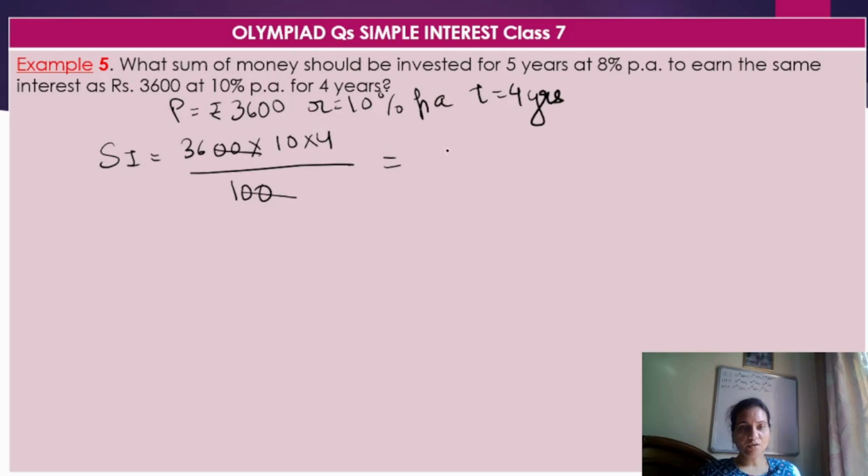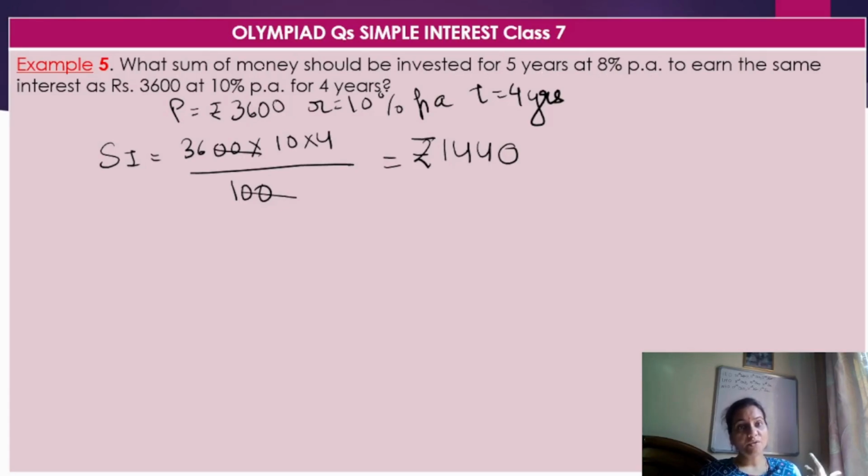36 into 4 will be 144, and this 0 and one is into 10, so I'll add the 0 here. So the simple interest is 1440. Now the question is saying that what sum of money should be invested for 5 years at 8%